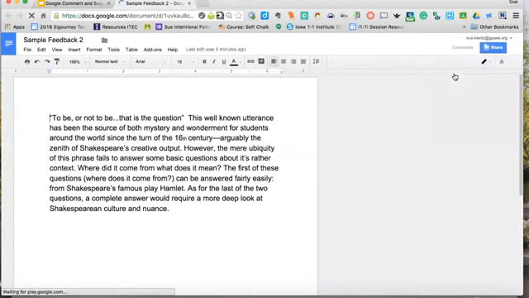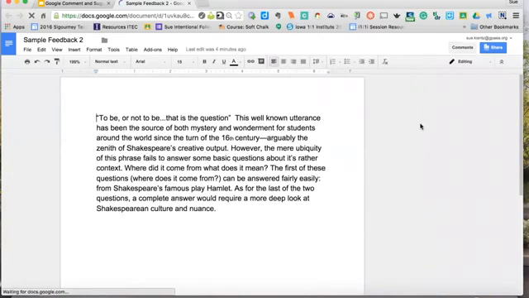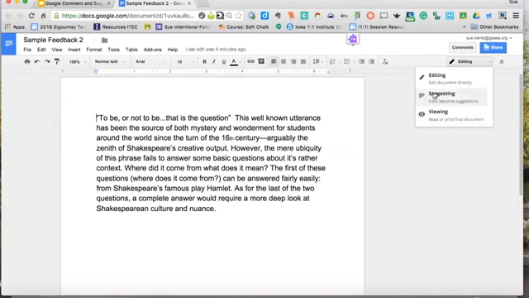First of all, we're going to take a look at the suggest mode. And the way to get into suggest mode is to go over here on the right-hand side of the screen where it says editing. And there's a little tiny triangle there that if you click on that, you can see that then the suggesting mode is underneath that. Suggesting mode is excellent if you are trying to make suggestions as to different words that could be used in the